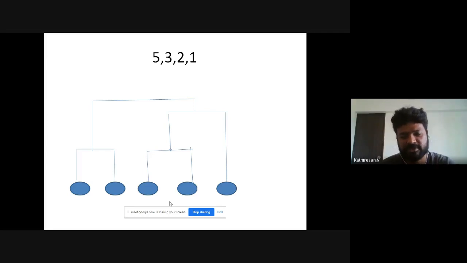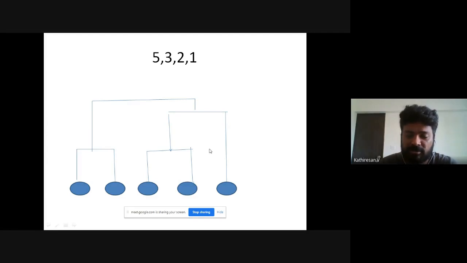So initially five clusters. Then based on the HAC algorithm, we join these two data points and form one cluster, and we join these two data points and form a second cluster, and a third cluster. So in the first phase five clusters, in the second phase three clusters, then two clusters, then one cluster. Likewise, it is formed. The number of clusters is not defined here, but if you want two clusters, you can go to this level. If you want three clusters, you can go to this level.